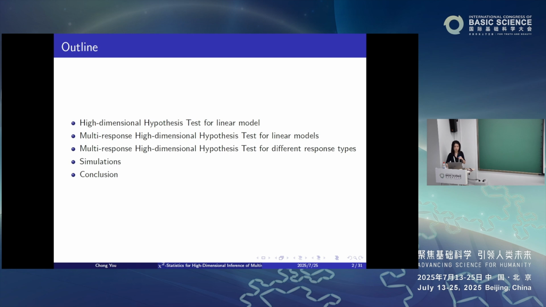So this is the outline of my talk. I'll first recap the motivation and popular existing methods for hypothesis tests, both for low-dimensional and high-dimensional inference for linear model. And then I'll explain how our method can work in high-dimensional hypothesis tests with multiple responses for linear model. And after that, we extend our work to